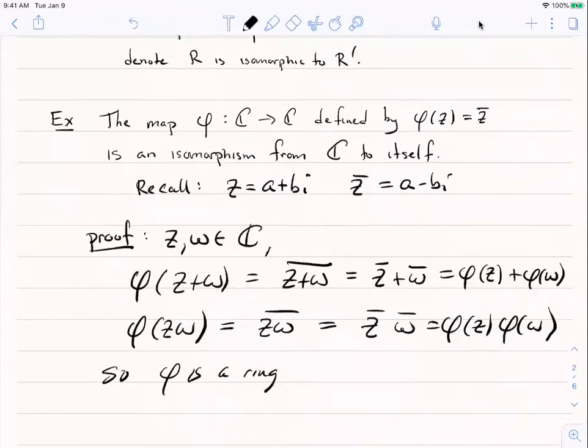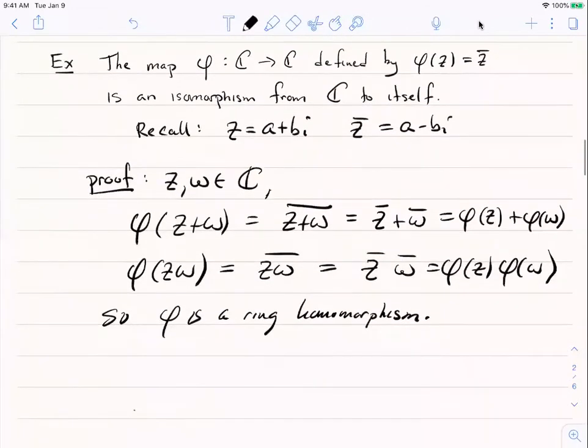It's a ring homomorphism. Okay, so what's remaining? We just have to show it's bijective. If we're claiming that it's a ring isomorphism, then it has to be 1-to-1 and onto. Okay, well, if phi of Z is equal to phi of W, that's true if and only if Z bar